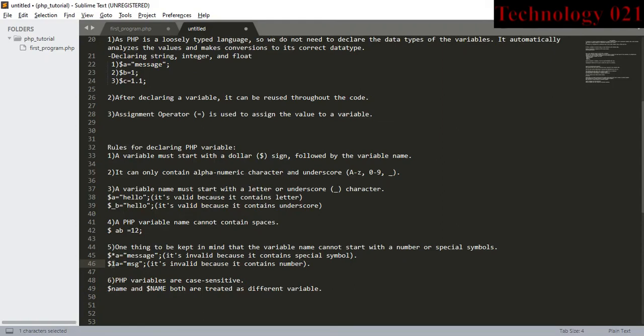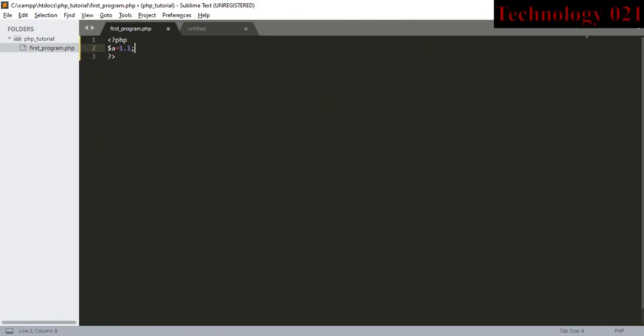And the sixth most important rule about PHP variables is that PHP variables are case sensitive. So if you write a lowercase name and an uppercase name, they are treated differently. Now let me show you how to add two variables in PHP. Here the value of variable a is equal to 1.1, and I am going to assign the variable